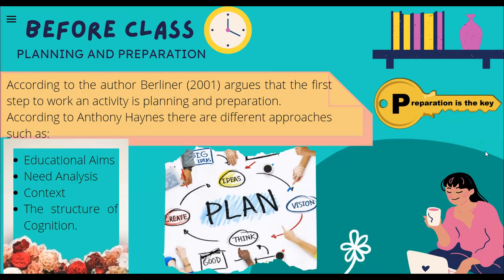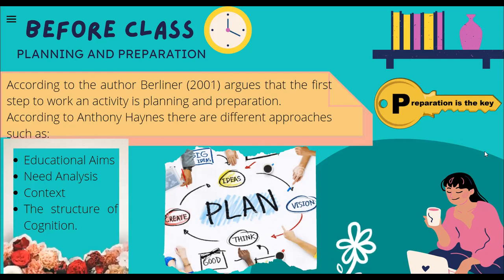This step also consists of different approaches. According to Anthony Haynes, he mentioned these 4 approaches. The first, educational aims. These are basically learning outcomes or the result of a program or activity. The second, needs analysis. It focuses on what students need to improve in each skill, like pronunciation, the vocabulary in